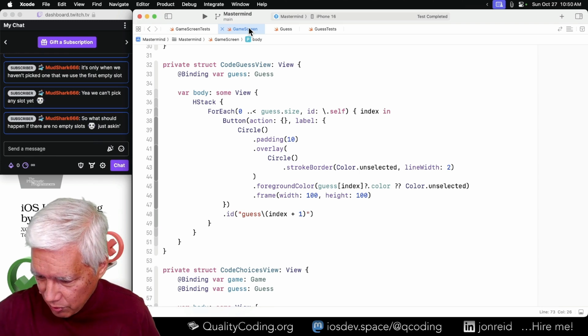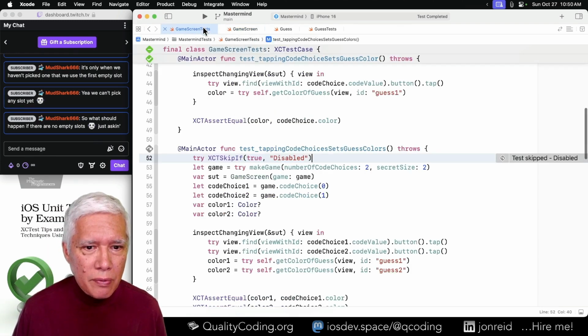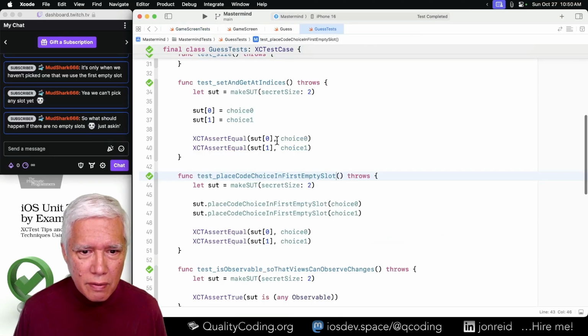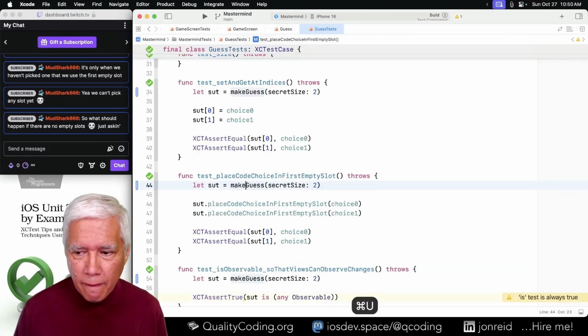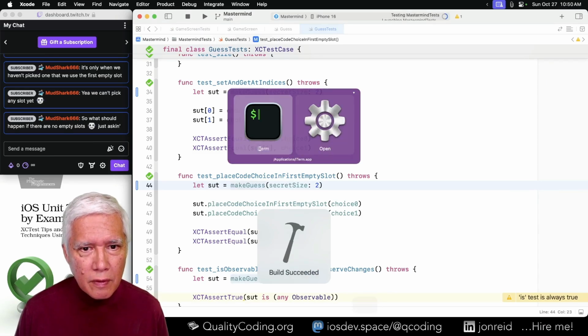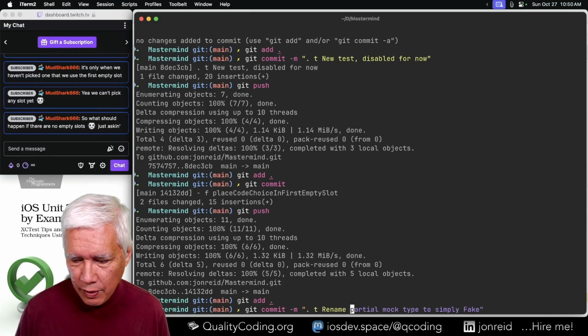I wanted to do a little bit of renaming on the round. What was it? First, I want to rename this. Rename helper to make a guess.